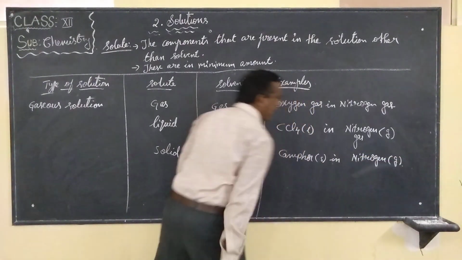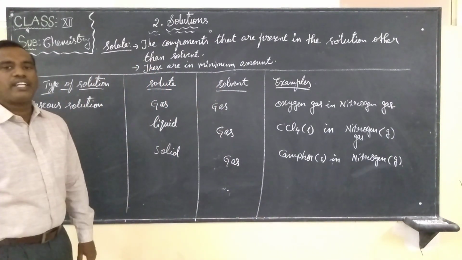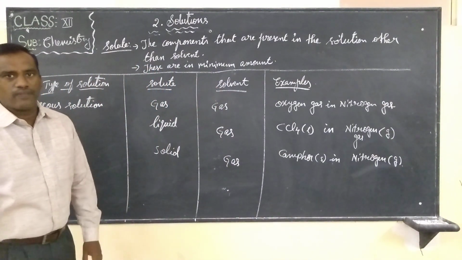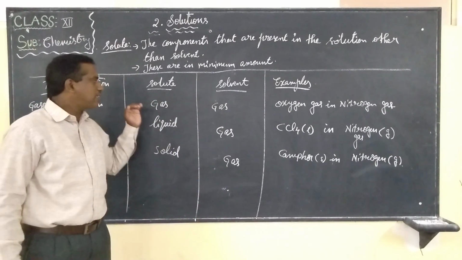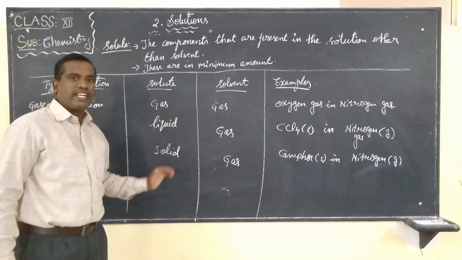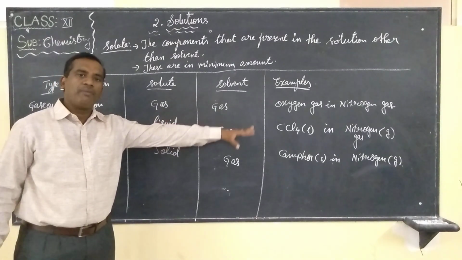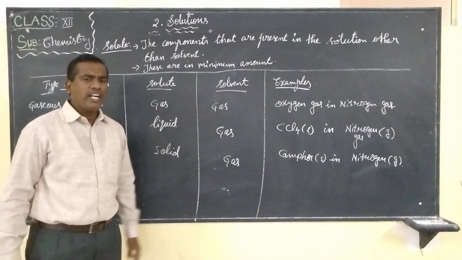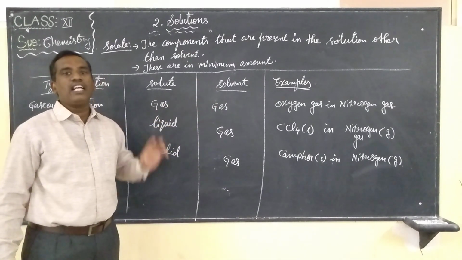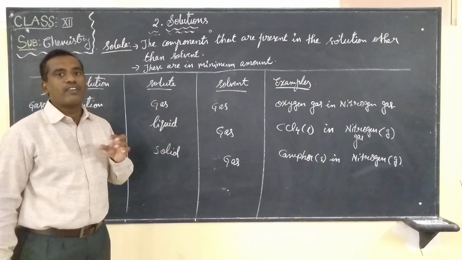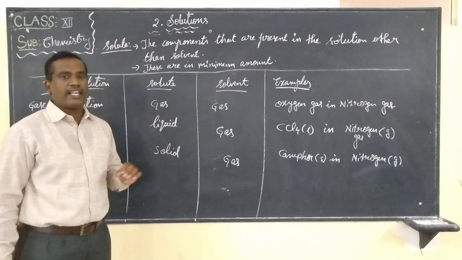Camphor in nitrogen gas. We are taking this as an example. So the solvent is in the gaseous state only, but the solute may vary. Our examples may be varying. Let us continue now. If our solvent is in the liquid state,